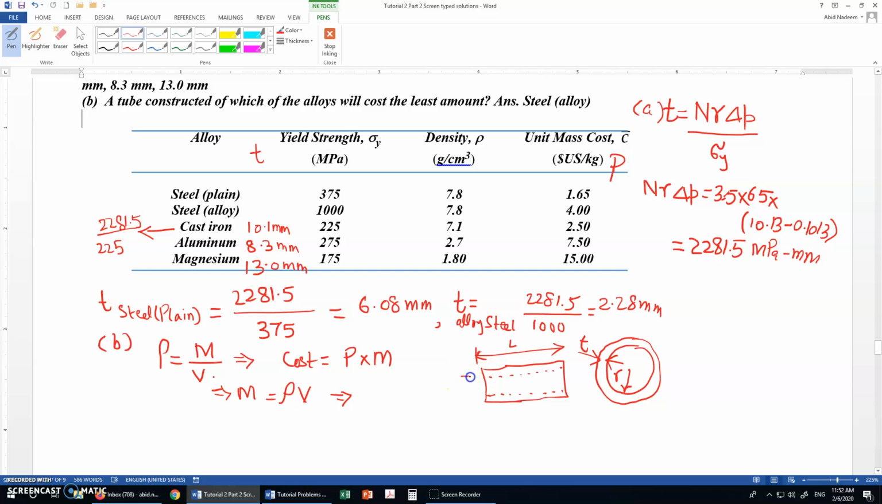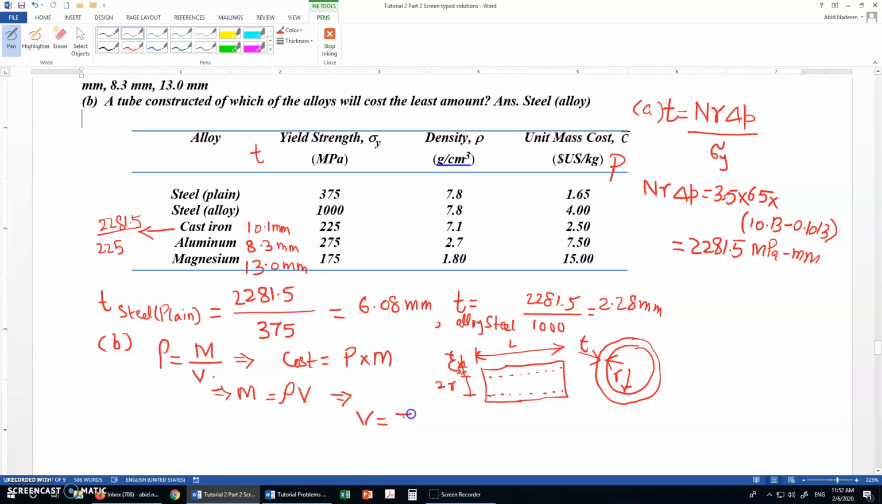So this is the diameter, that means 2 times the radius. This is the thickness, that means this much is the thickness. So if we know the length, then the thickness, then the radius, then we can find the volume by this equation,